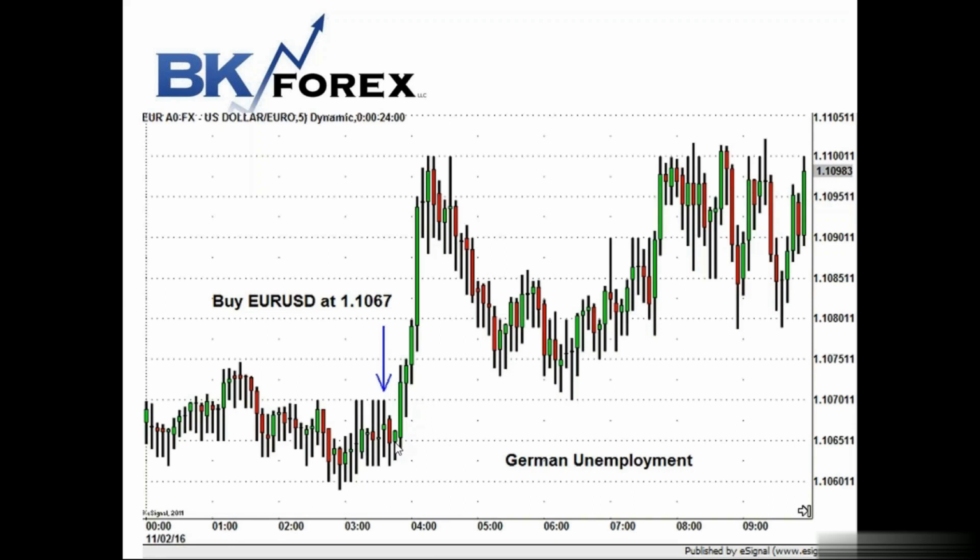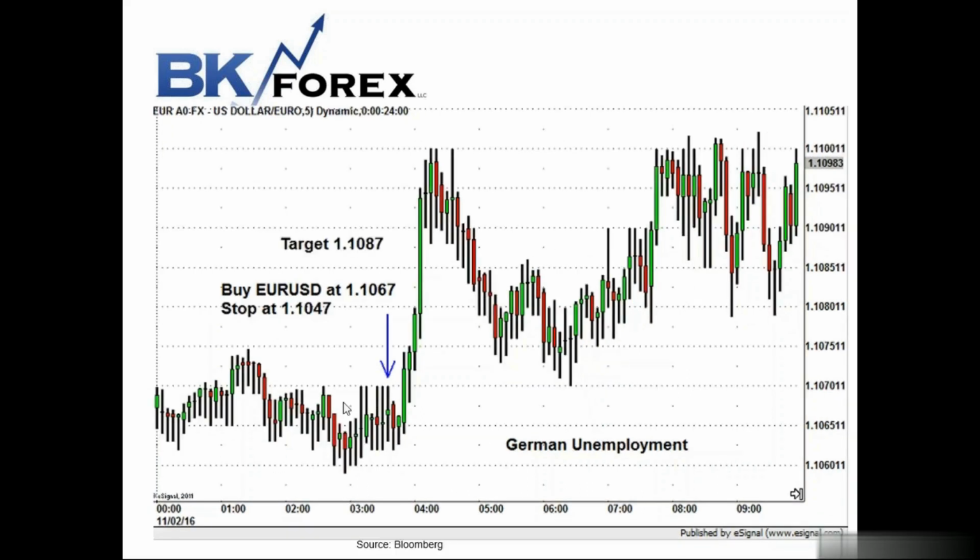So 20 minutes before the news is released, we lay on a long trade. So we buy the euro at 110.67 where my arrow is pointing. We go long the euro at 110.67, and our stop is 20 or 30 pips below. You can see that our stop would have been at 47 because we're entering 20 minutes before the data. The market is very focused on the data. The range is very clear. A move below 47 would be a significant break of this recent consolidation, at least a 4-hour consolidation in the euro dollar.